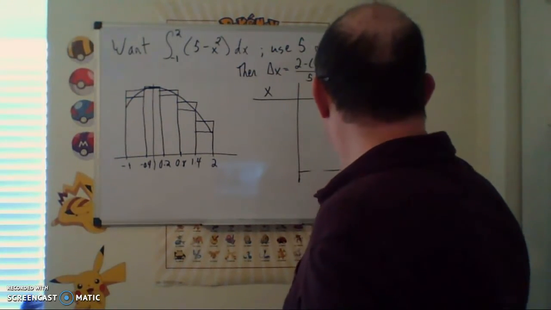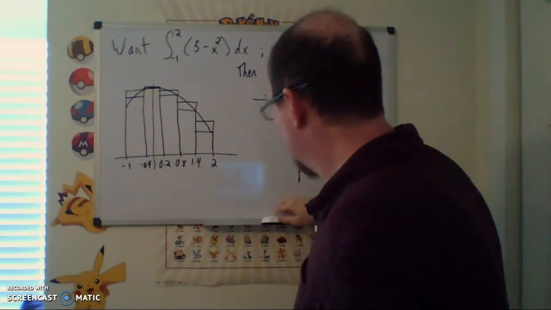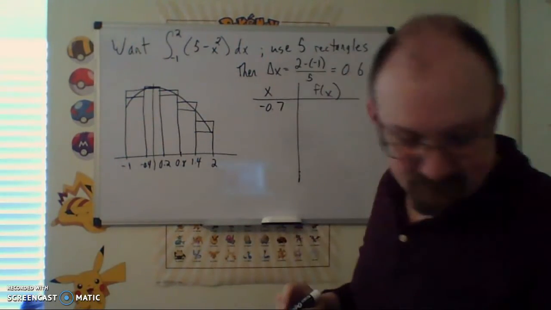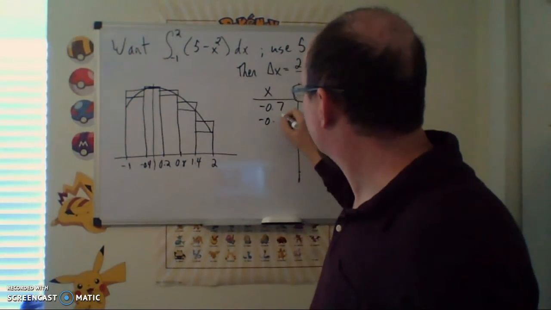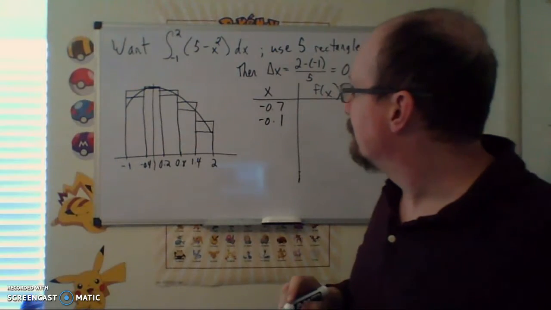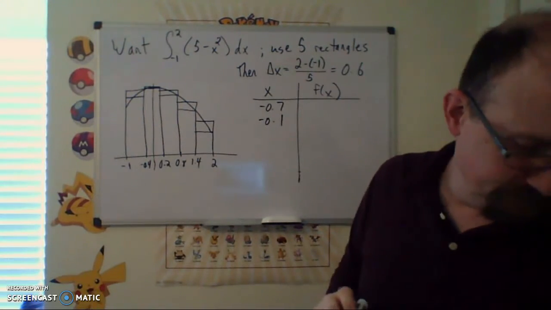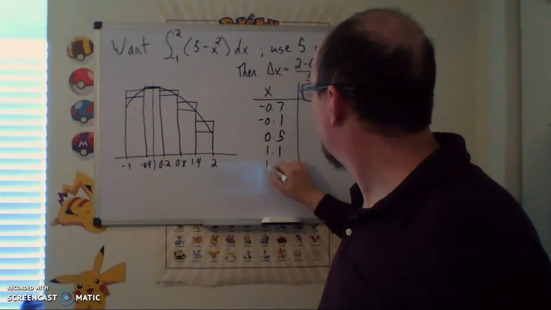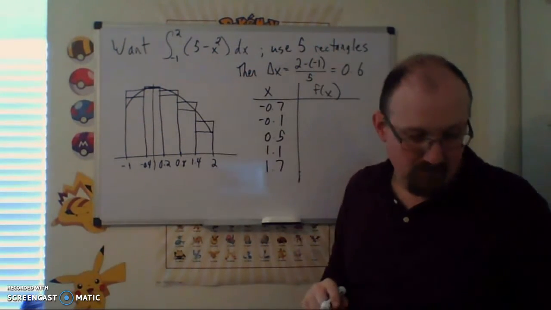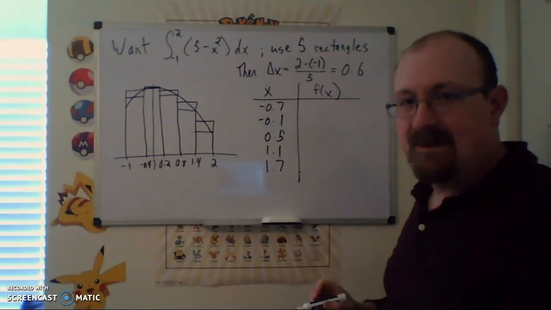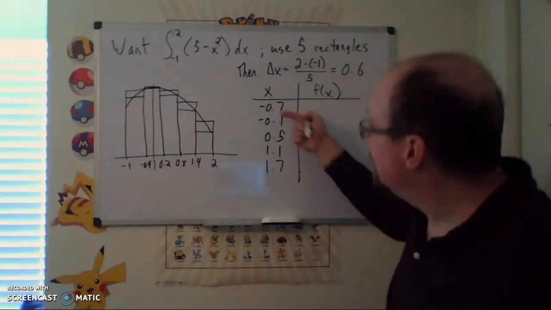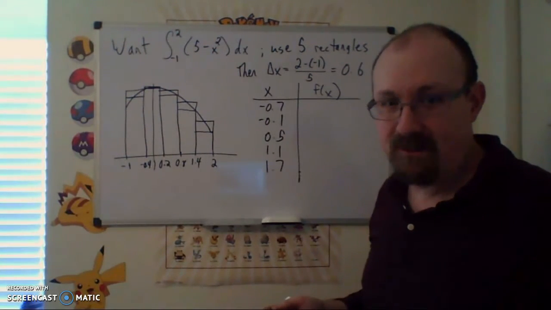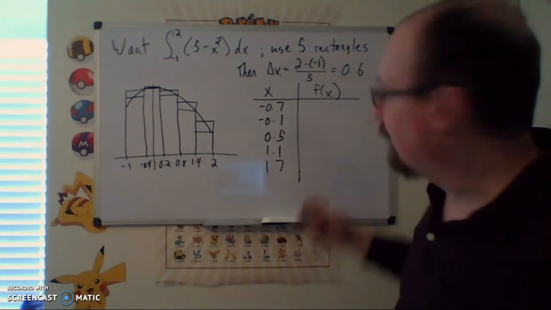And when we do that, we're going to get the following. So we have negative 0.7, negative 0.1, which, yeah, it's a sketch. Positive 0.5, 1.1, and 1.7. Okay. Now we feed each of these guys into our integrand, or just change the numbers in our table entry. So we have